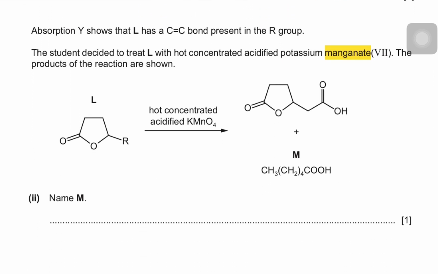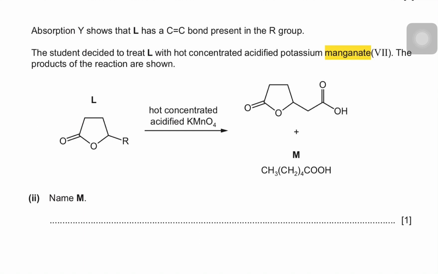This question seems tricky. It says absorption Y shows that L has a carbon-carbon double bond present in the R group. The student decided to treat L with hot concentrated acidified potassium manganate(VII). The products of the reaction are shown. So there's a reactant L. It has an R group which has the double bond, and then we are converting it into products by reaction